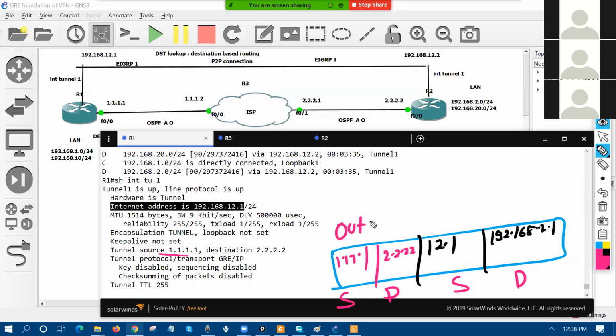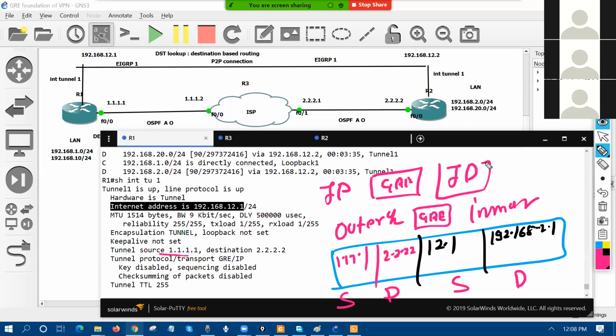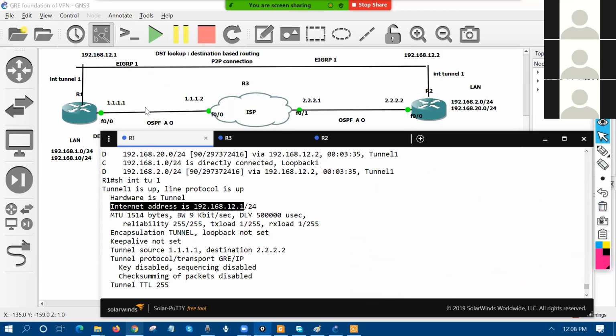Outer header, and this is my inner header. In between, we have a GRE. So we can see that IP, GRE, and IP like this. This IP header is the outer header. That's my public, right? And this is my private, the LAN. So if you see right now, if you're just going to capture this link,